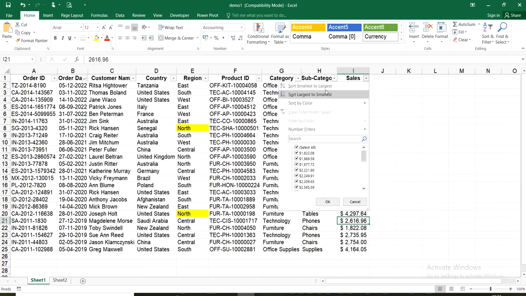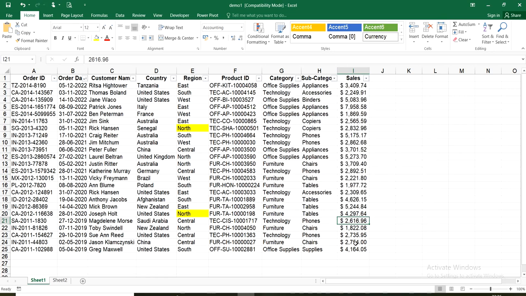Here I can again see smallest to largest or largest to smallest, sort by color, number filters, and by default we have a list of items to select from. I am interested in knowing about those values which are less than 1000. Here we do not have any value less than 1000, so let me keep it as less than 2000. We want to filter those data which are less than 2000.